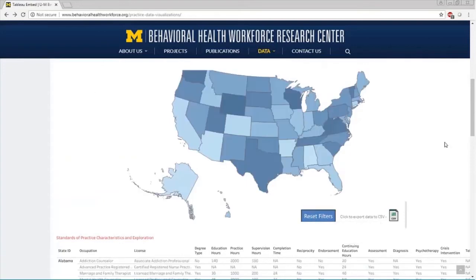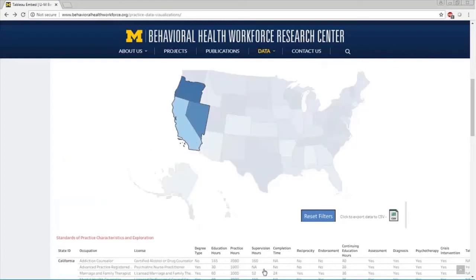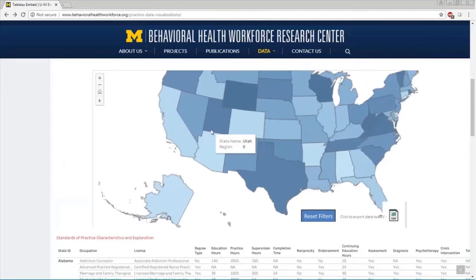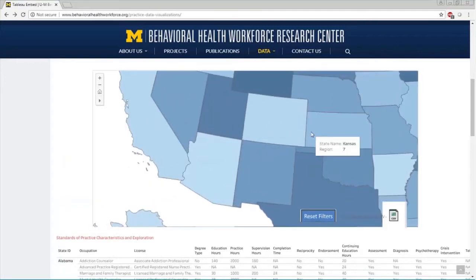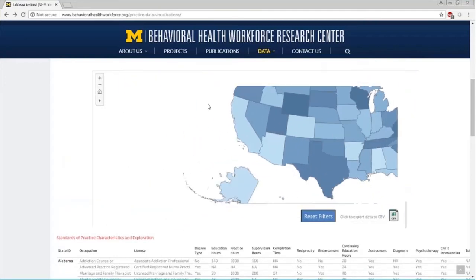If you want to select multiple things at once, aside from just left clicking, you can go over to this tool here and select this feature, which will allow you to left click and drag, and anything you select in that area will be selected below. You can zoom in or out because some of these states are kind of small and difficult to pick. You can do that with your mouse wheel or by pressing the plus and minus keys.